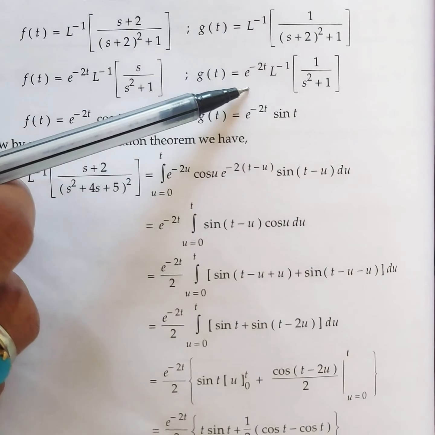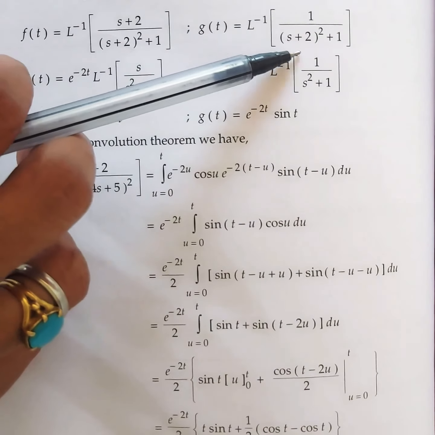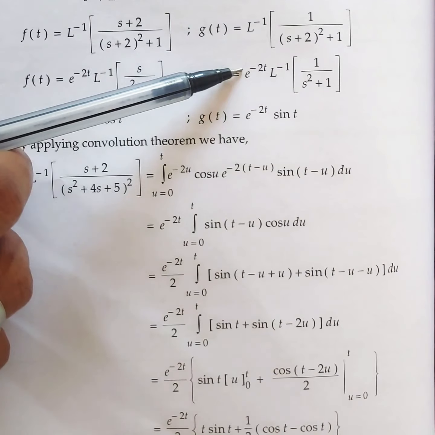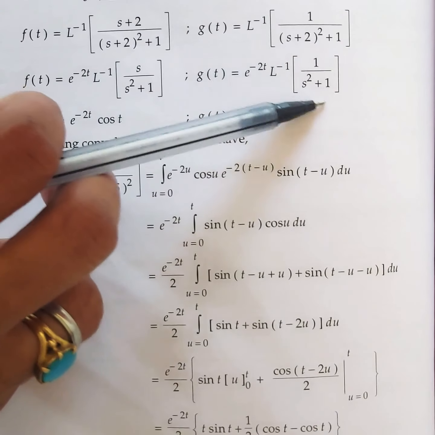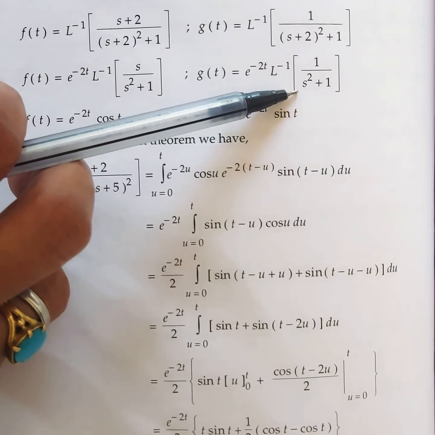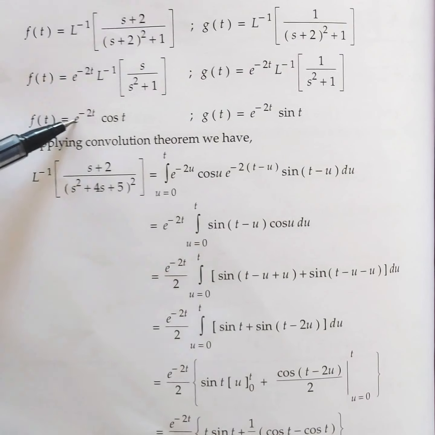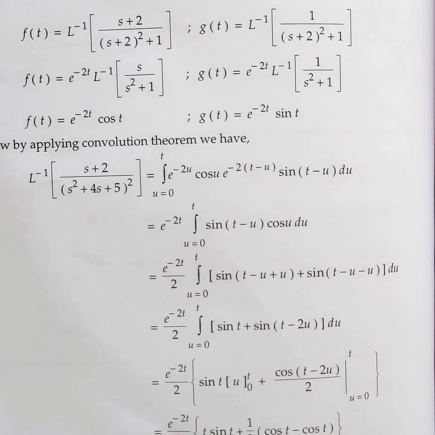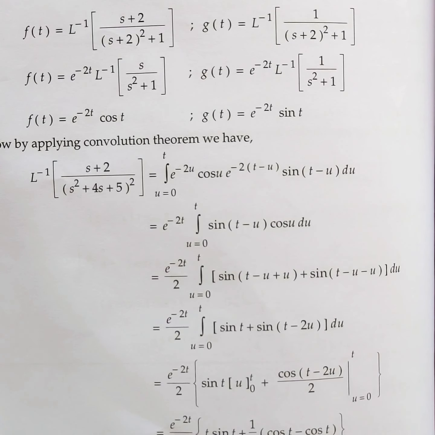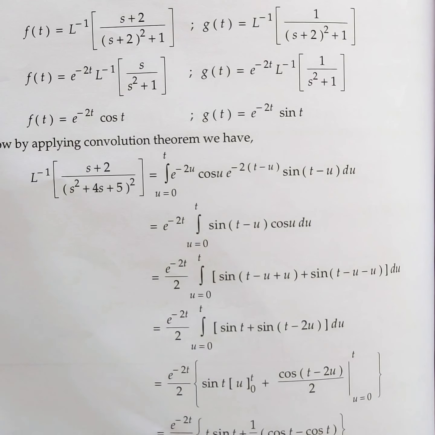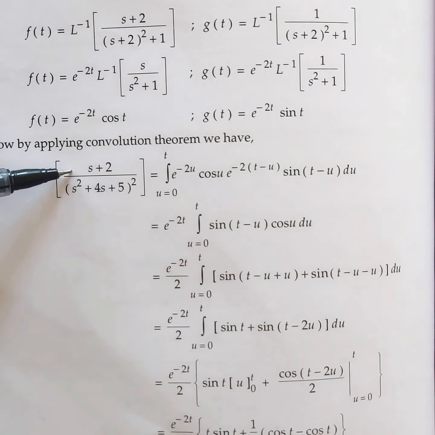And this is very easy because again same shifting back, here plus 2 is there, multiplying with e power minus 2t. L inverse of 1 by s square plus 1, and inverse of this function 1 by s square plus 1 is sin t. So you got f of t, you got g of t. In your previous problem, f of t as well as g of t are same, so you have to solve once to get it. But here it is different.